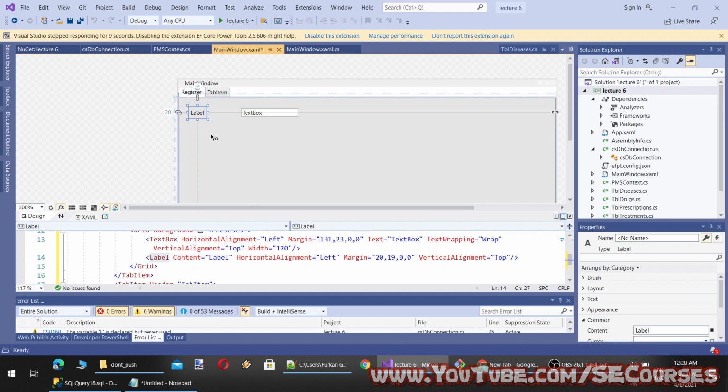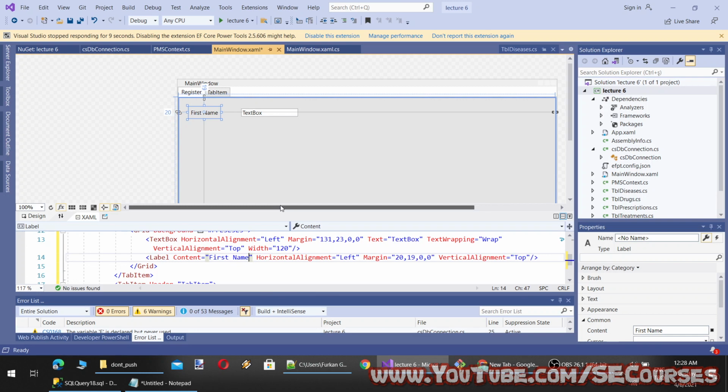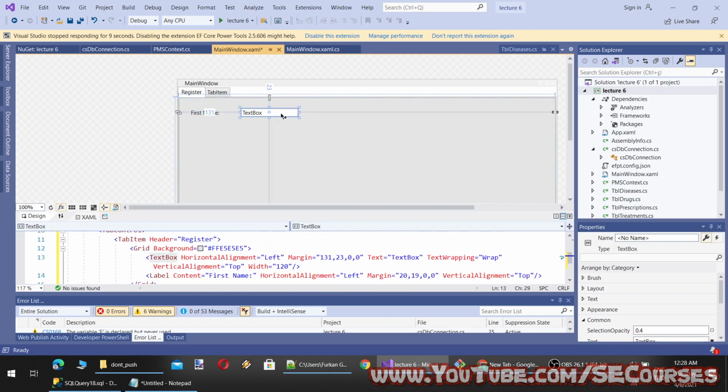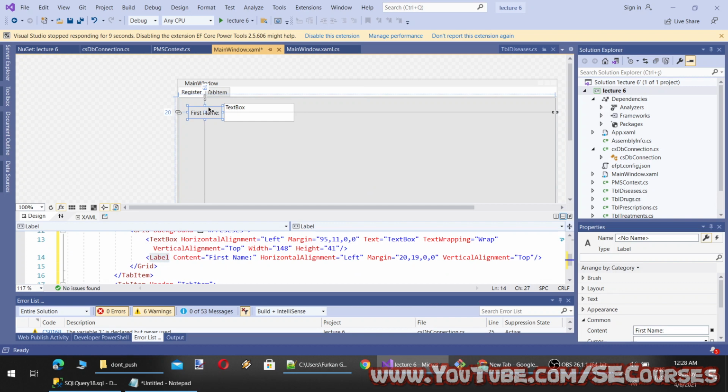So this will be a username, or let's say first name. So let's put it here. The design thing is totally up to you. You can design your application as you wish.